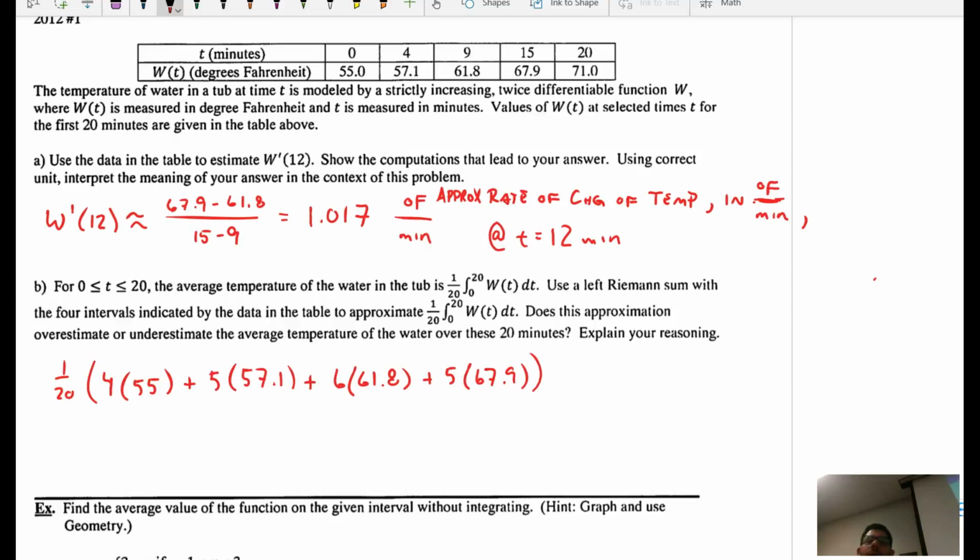Everybody okay with that? And then the last part of this problem says, is this an overestimate or an underestimate? Why is it an underestimate? It's an increasing function and a left Riemann sum. So for an increasing function with a left Riemann sum, the Riemann sum is going to be an under approximation. And that's really what we want right here. W of t is strictly increasing. So the left Riemann sum